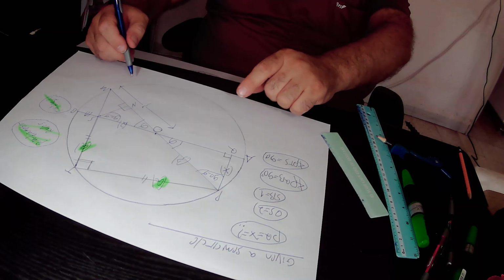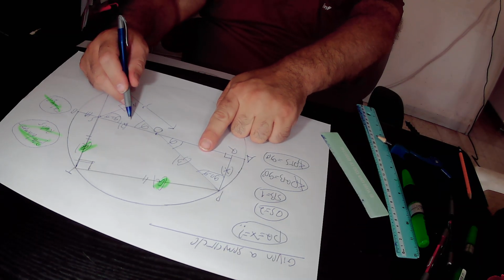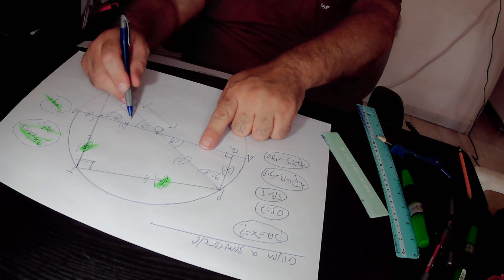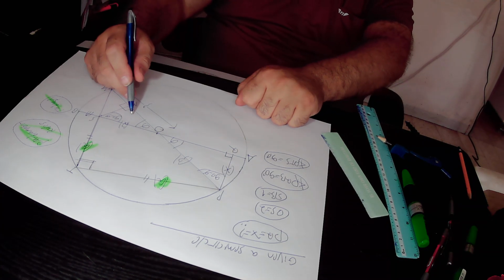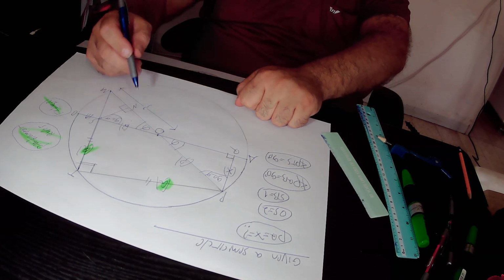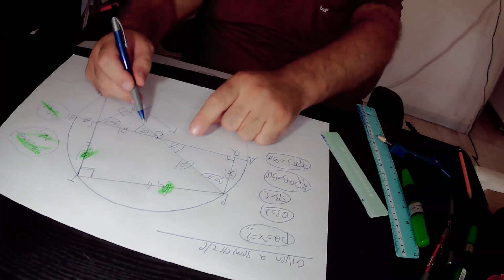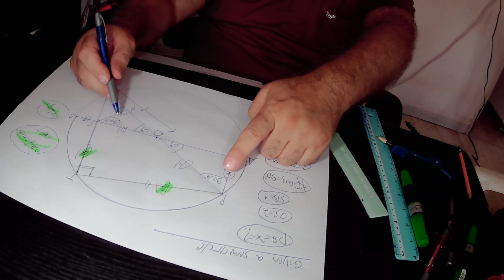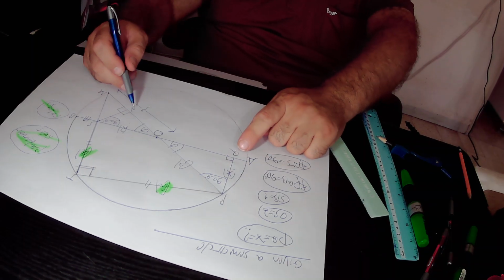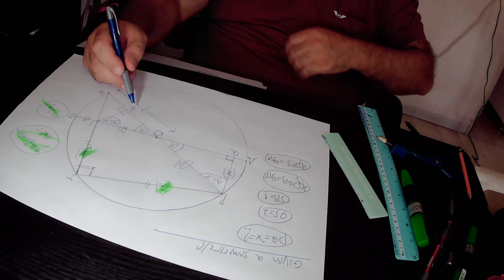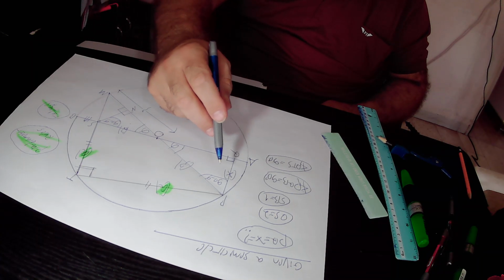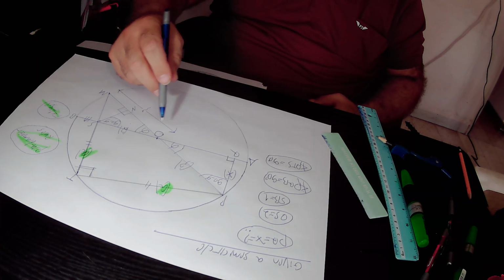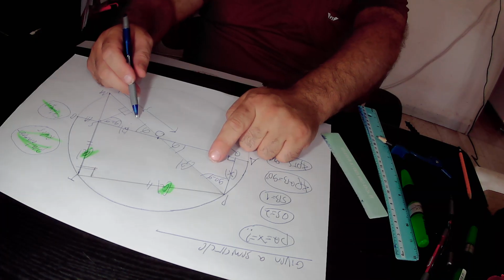We prove that those two right triangles are similar to each other according to the angle similarity rule. So why are those two right triangles similar to each other? Why is the upper right triangle PQO similar to the lower right triangle ONS? First of all, those two angles are both equal to alpha, therefore they are equal to each other. In addition, those two angles are both equal to 90 degrees minus alpha, therefore they are equal to each other. And finally, those two angles are both equal to 90 degrees, and therefore they are equal to each other. So if you prove that all the angles of this upper right triangle PQO are correspondingly equal to all the angles of this right lower triangle OSN, then those two right triangles are similar to each other according to